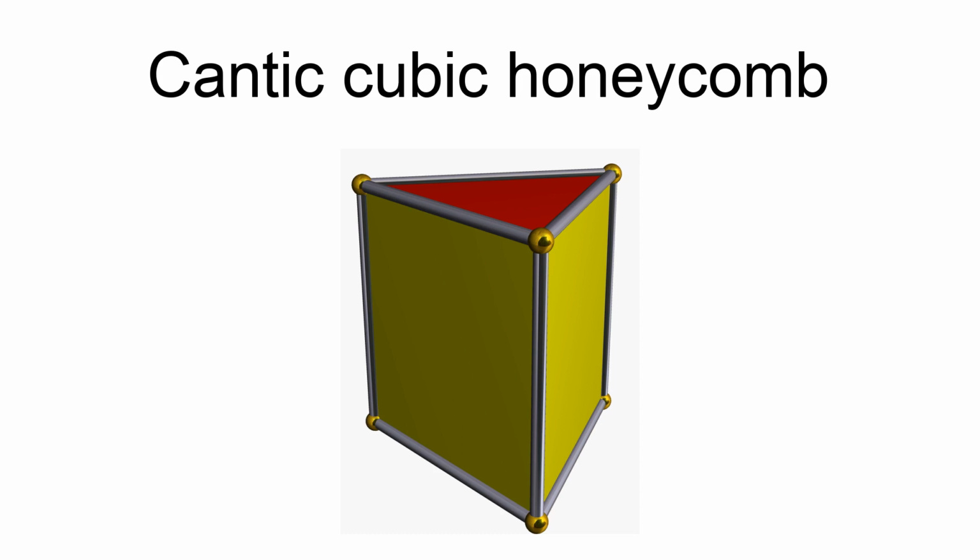There are 2 reflective constructions and many alternated cubic honeycomb ones. Examples: